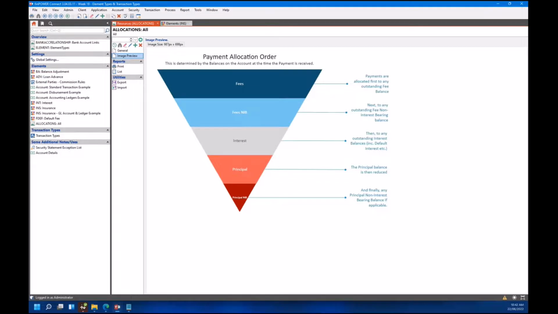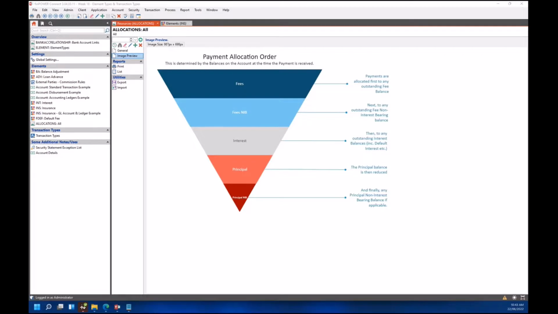What this means is it's really important to get the allocation settings on your element right, or this can have an impact on the calculations in the schedule, and is something that comes up quite a bit through our support inbox for queries relating to this. For example, a balance allocated to the non-interest-bearing principal will not be paid until all other balances on the account are at zero. A recent example we've seen is where a fee is charged as an opening transaction and allocated to fees non-interest bearing. The fee amount or balance itself does not accrue interest, as in the name, non-interest bearing,